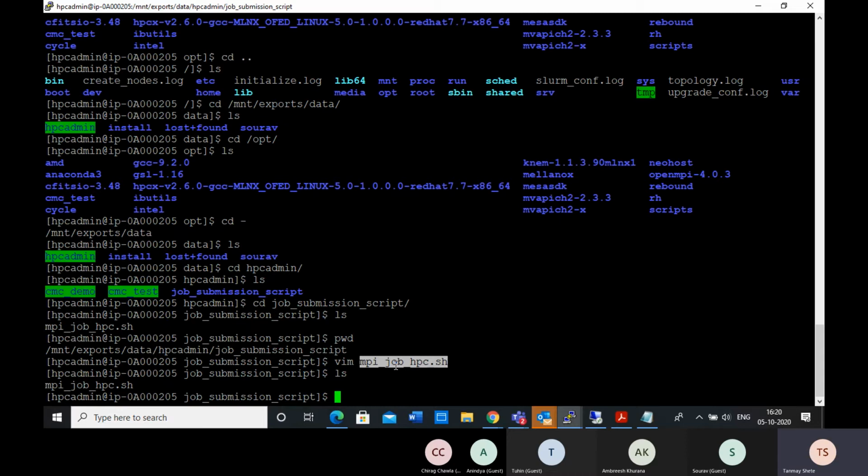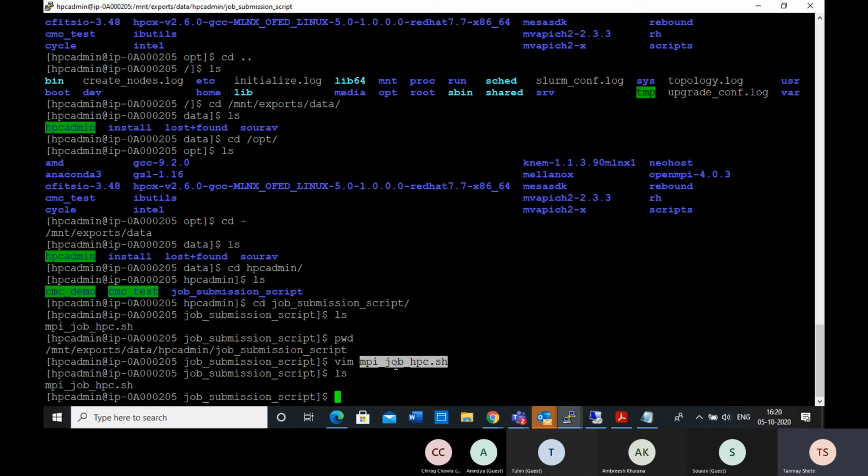Now, the problem here is that it's a cloud HPC. As I told you, once you submit the job, after that the machines are going to get created. So imagine you have submitted your job, and the servers are getting created. Then the job will get assigned to one or more servers, and then your job is going to run. Once the job is complete, your data will get written to the /mnt/exports/data directory, and then the machines are going to stop. This is the way it is going to work.